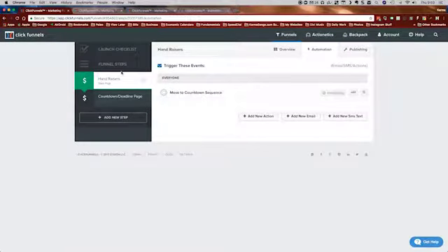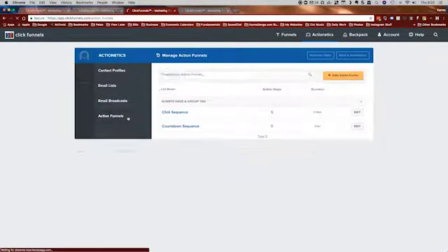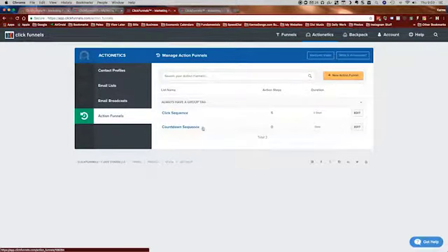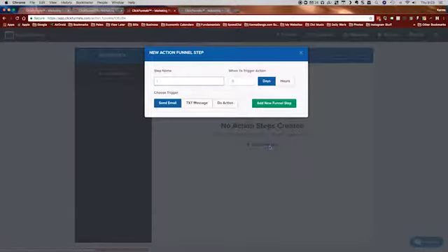which goes over to this particular page. And the second that they get pulled into this page, they're going to come over and get put into this countdown sequence email list. All right. Now, I have a countdown sequence here with nothing in it just yet. The reason why is because I want to create a first step here and show you exactly what we're doing. So here in this first step, I want to actually create an action,